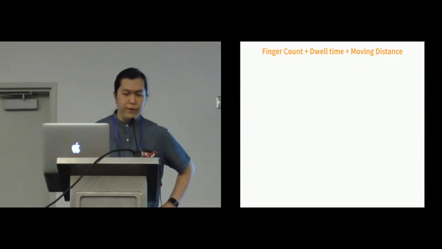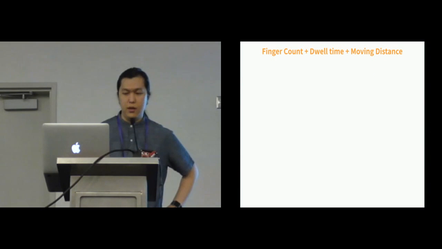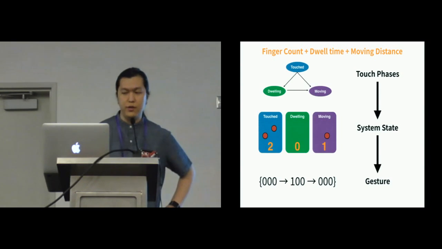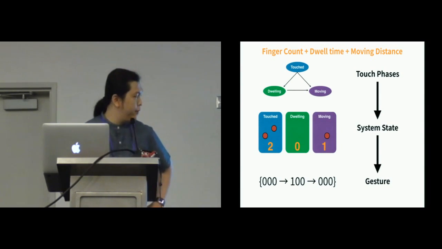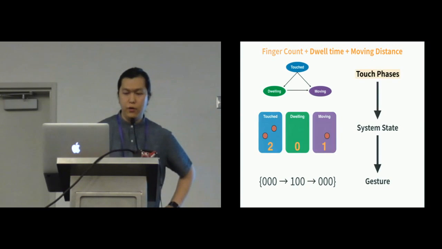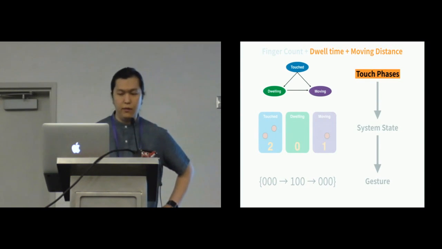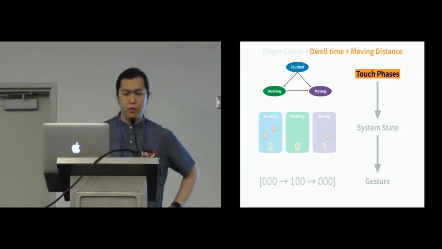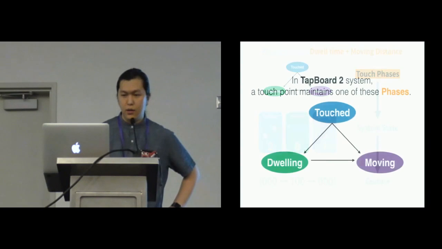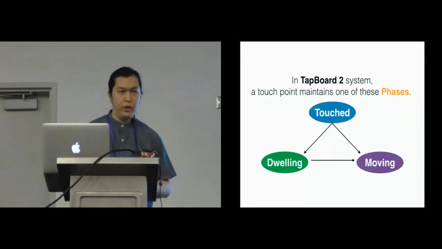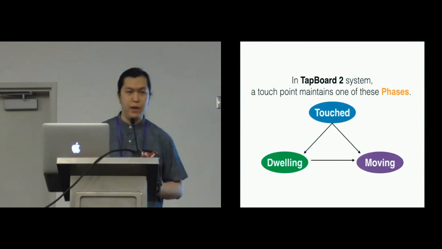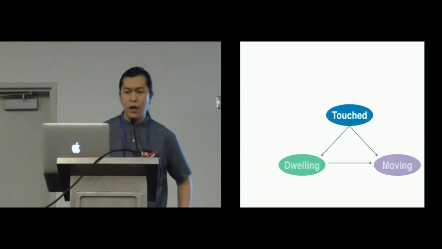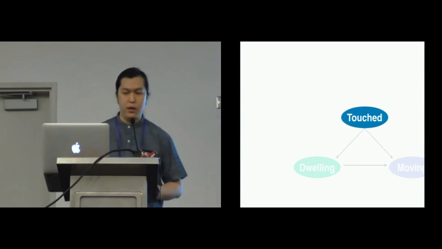Given those three features, we developed a simple and effective gesture recognition system as follows. We'll visit them one by one. The first item is defining touch paces for each touch point. This definition takes moving distance and dwelling time into account. In the TapBoard 2 system, a touch point may have one of three paces: touched, dwelling, and moving. Every touch point starts with the touched pace,